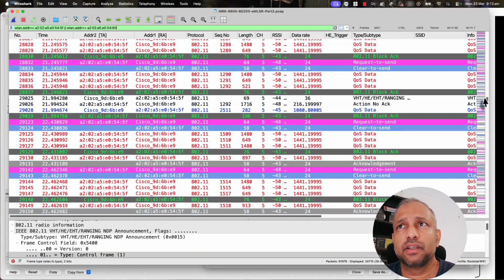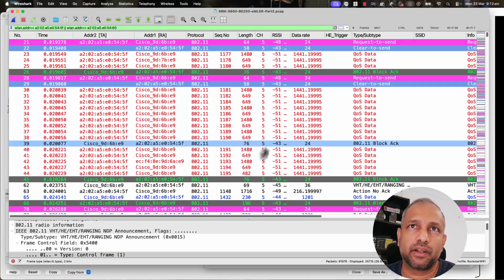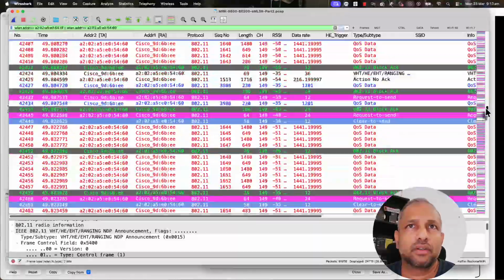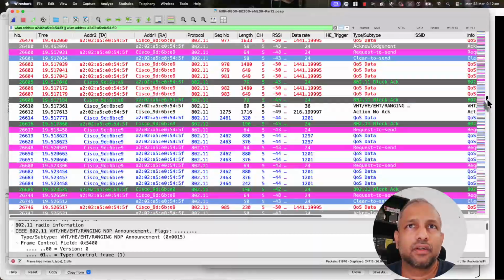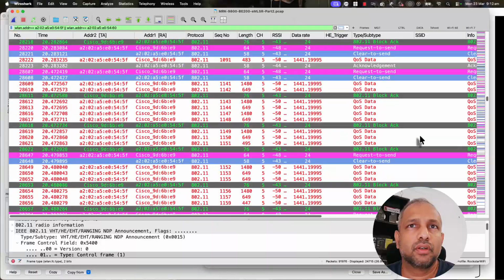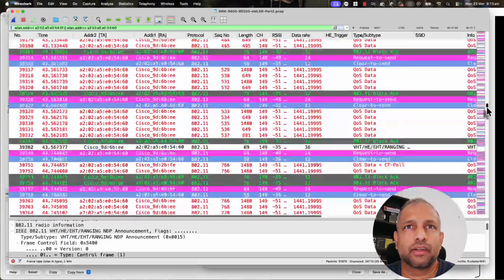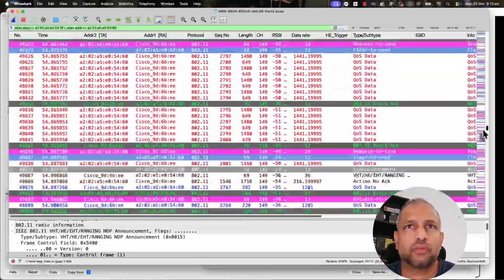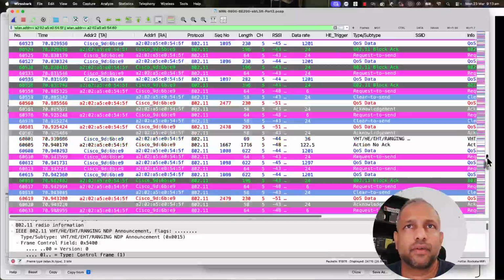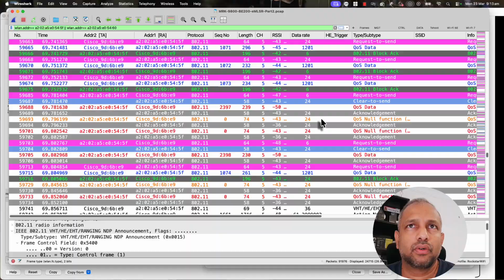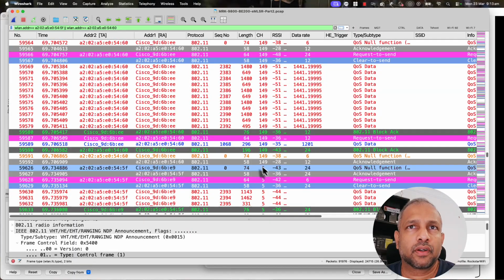Now you can see it's transmitting traffic on 5 GHz and switching to 149 the very first time, around that 3584 mark, and then traffic goes mostly on 149, and switches back to channel 5 around